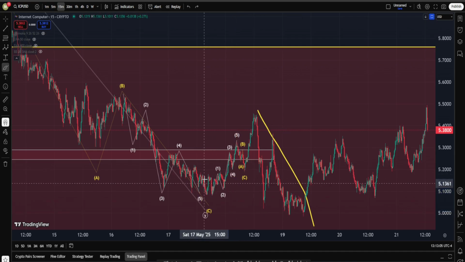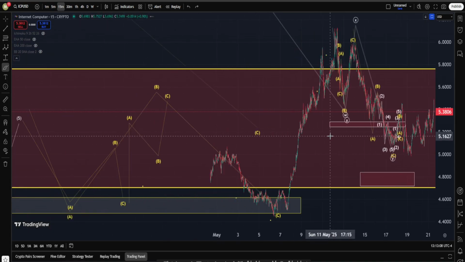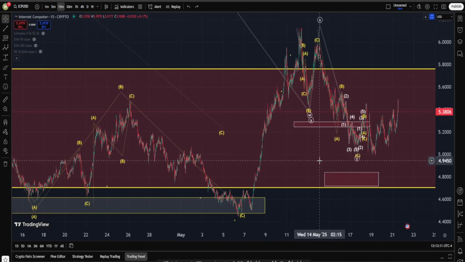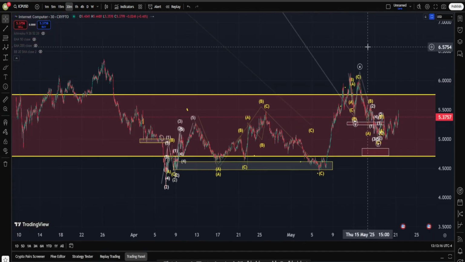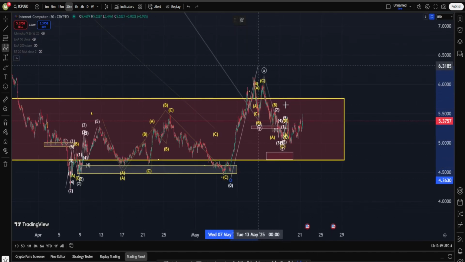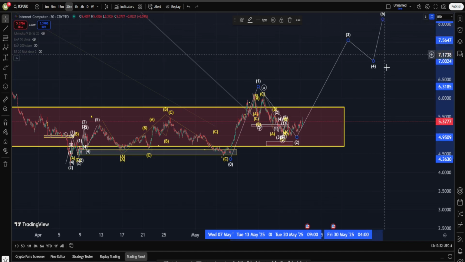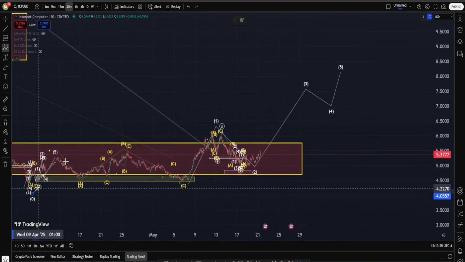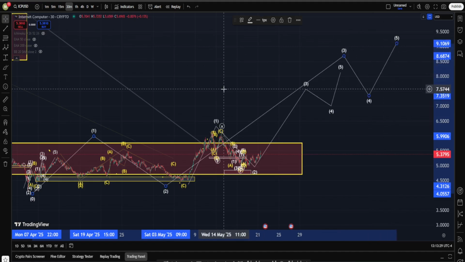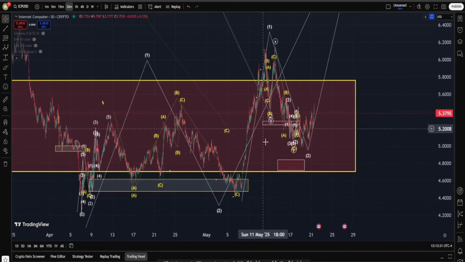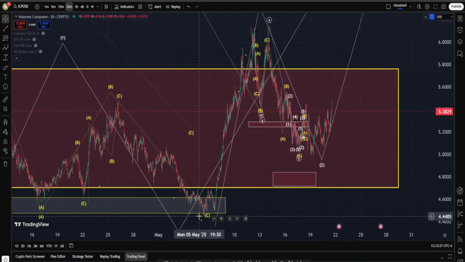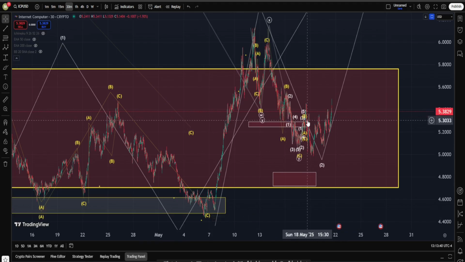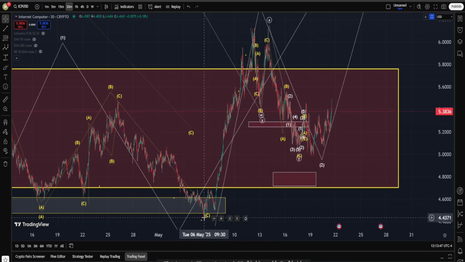However, let me ask you this. Has something changed in terms of our overall possibility, indicating this whole move is a correction structure, and on a higher degree we are having a series of 1-2s, meaning that maybe this is a 1, 2, and then into wave 3, 4, 5, which on a higher degree is actually going to be the subwaves for this wave 3 and 4 and 5? The answer is absolutely no. Why? Because this scenario will get invalidated the moment that we take the lowest low all the way down here, about $4.4. That's why in the previous update, when I said I'm opening a long position, I said, look, my stop loss is going to be under this low.